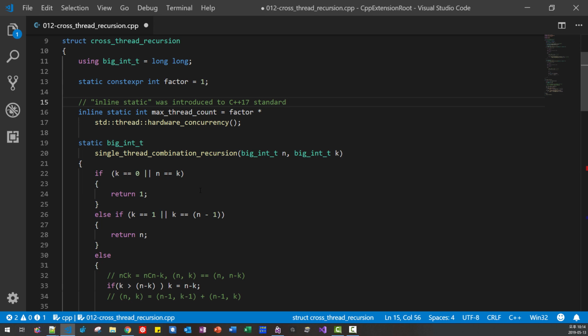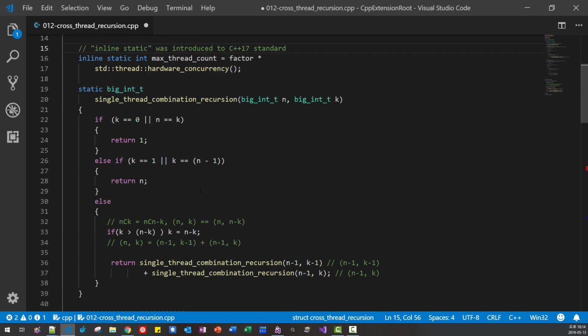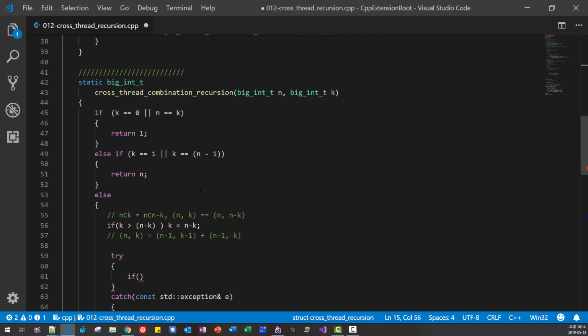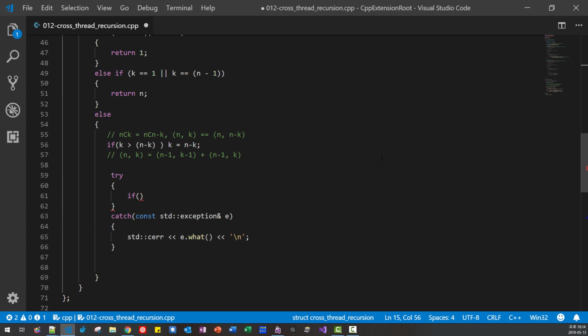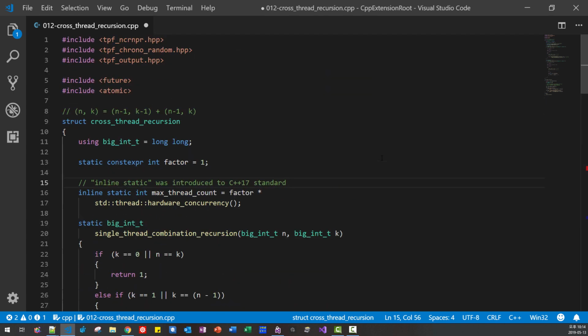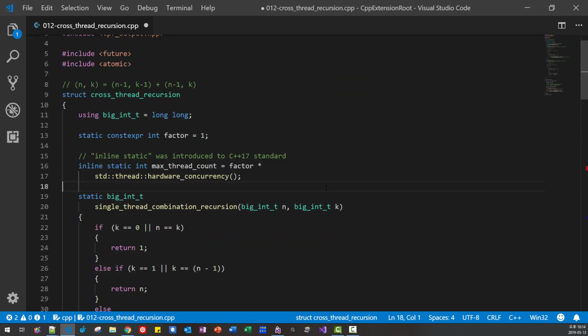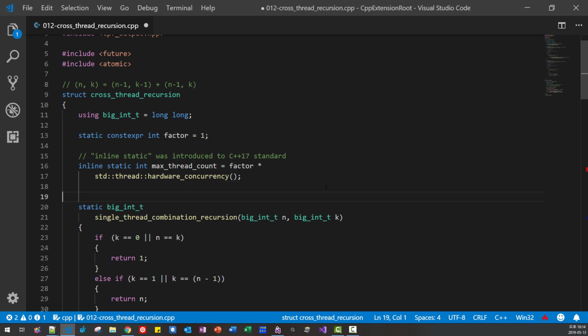So here I will create one more thread count. Here once again we are using magic.